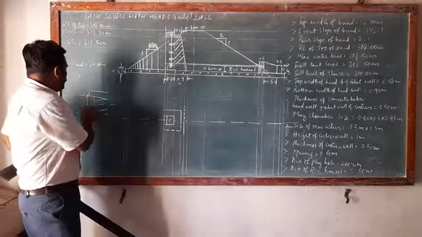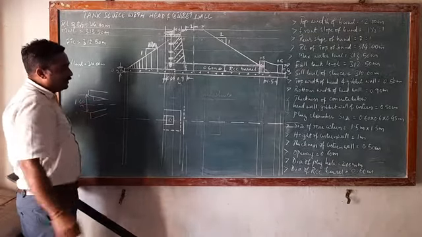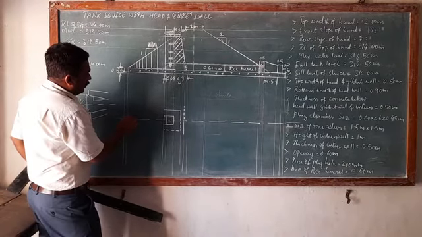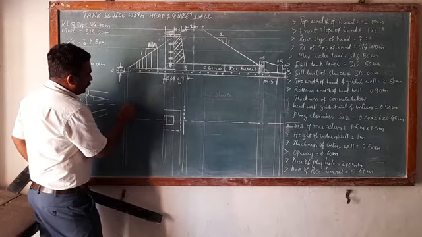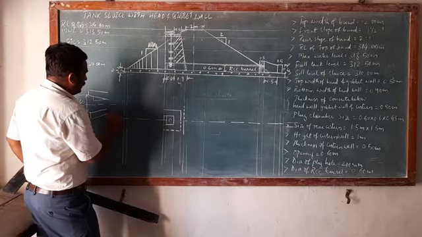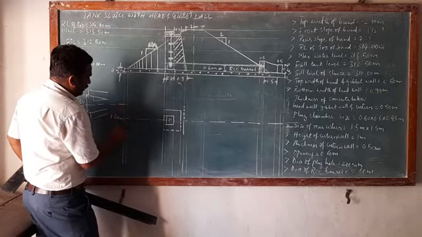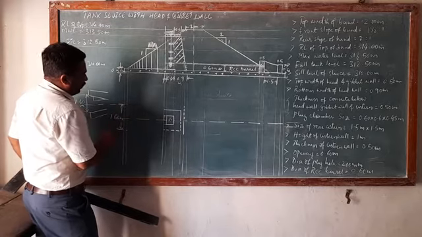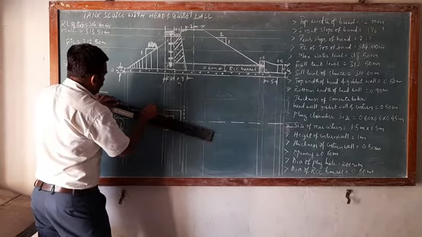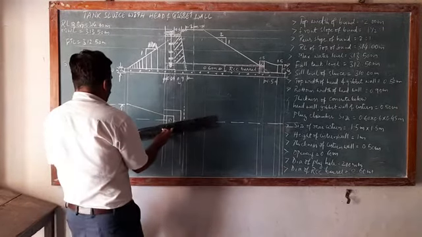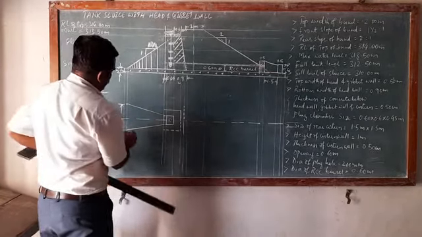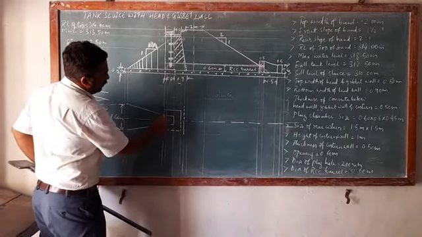Let us take this bell mouth as 1.6 meter. When a 1.6 meter bell mouth is assumed, on this line you have to take 0.8 on this side and 0.8 on this side. So the total is 1.6 meter. This dimension is the 1.6 meter bell mouth. Then you join this inner side bell mouth of the wing wall from here to here. The wing walls will be constructed monolithically, touching the gibbet wall.